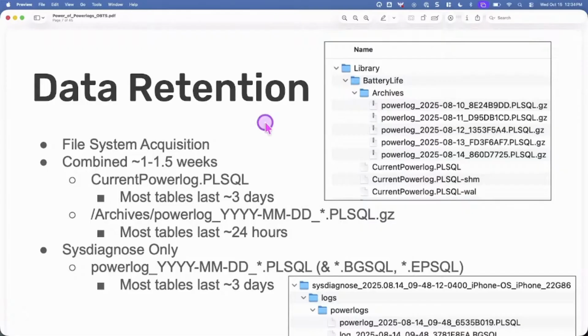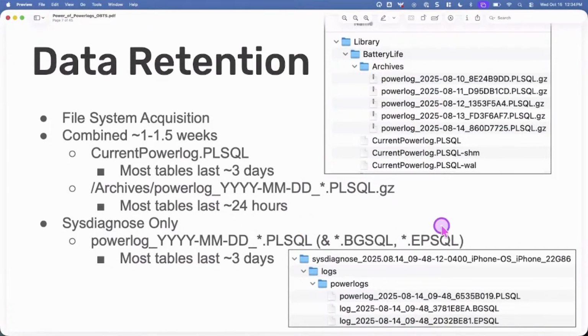Data retention, like I mentioned before, is approximately 3 days in most tables. There are some tables that hang out for a month, maybe a couple weeks or so, but I would say 80 to 90 percent of tables, you're looking at about 3 days. So going back to the border control situation, unfortunately, our person was collecting them 3.5 days later. That really limits the amount of work that I can do with Powerlogs for this example. So if you are coming into a situation like that, do your sysdiagnose as soon as possible just so you are able to collect that, because time is of the essence when we are looking at some of these.